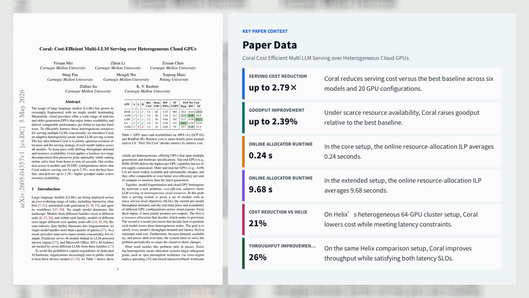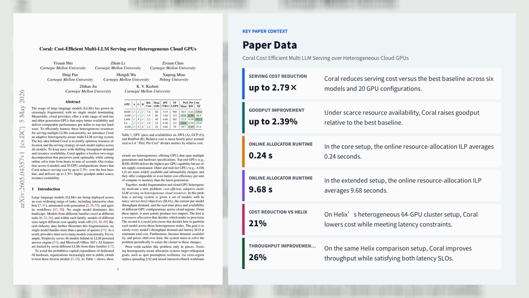Coral proves this can be decomposed losslessly by pre-computing offline serving templates. For each model, SLO, and feasible node combination, it uses an ILP to find the throughput optimal hybrid pipeline, data parallel placement, then caches that placement as a reusable template. Online, a second ILP selects and instantiates templates across regions under real-time availability and pricing, reducing solve time from hours